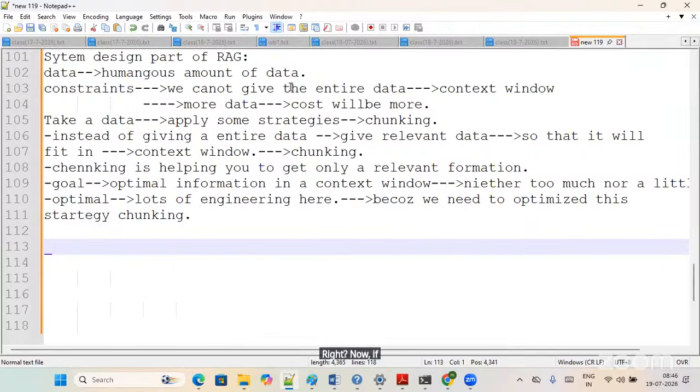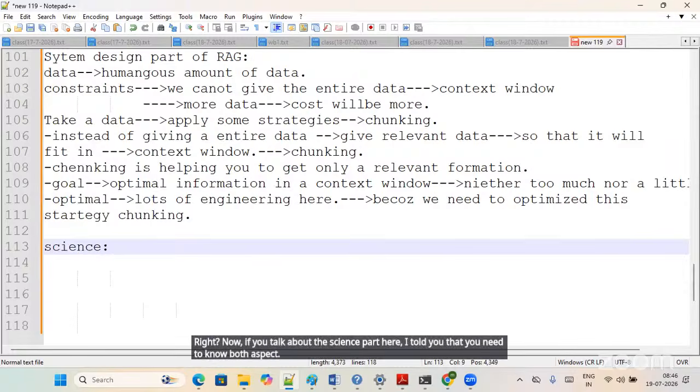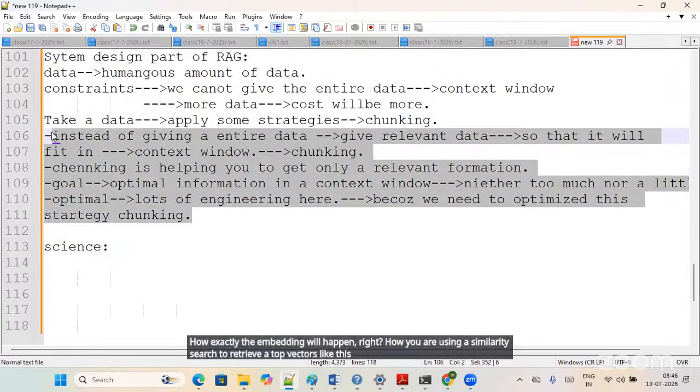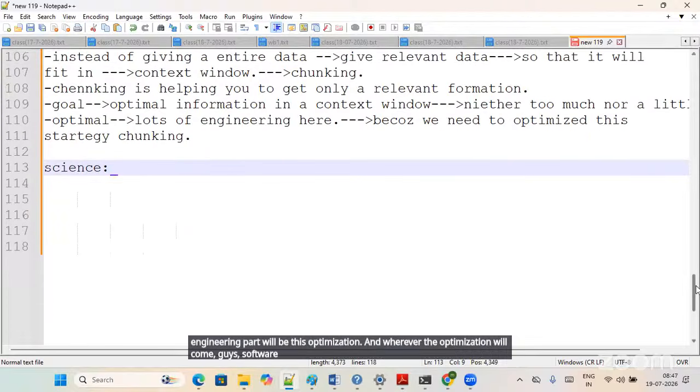Now, if you talk about the science part here, I told you that you need to know both aspects, the engineering as well as the science. The science part is how exactly the retrieval will happen, how exactly the embedding and the semantic search will be done. How you use a similarity search to retrieve the top vectors, that is the science part. But the engineering part is this optimization, and wherever optimization comes in, the software engineer comes in. Fine. Okay, now the question here is that we need to optimize chunking,